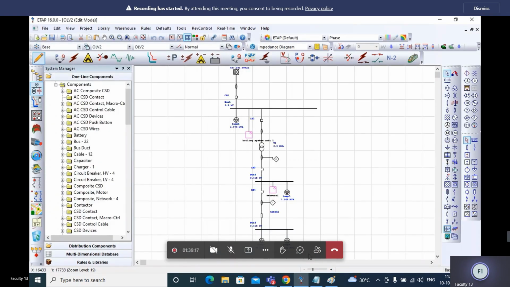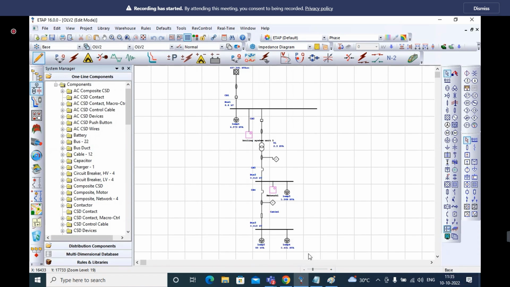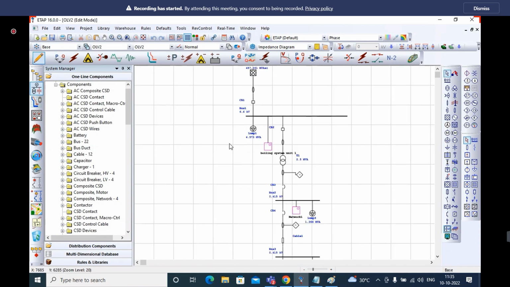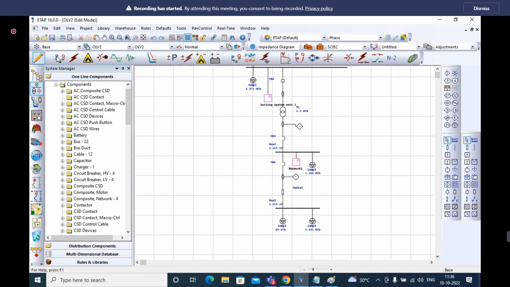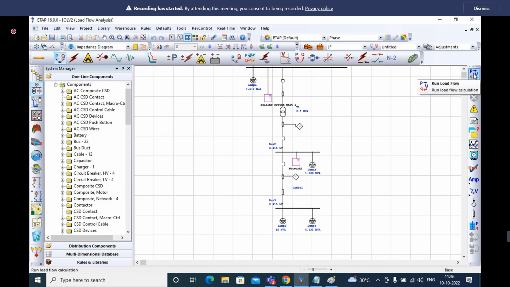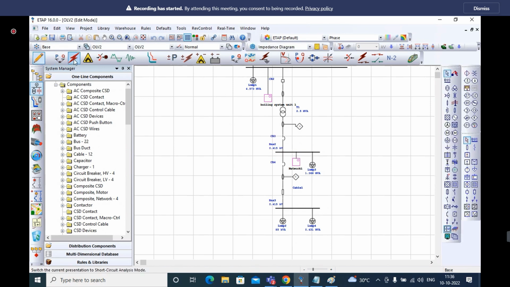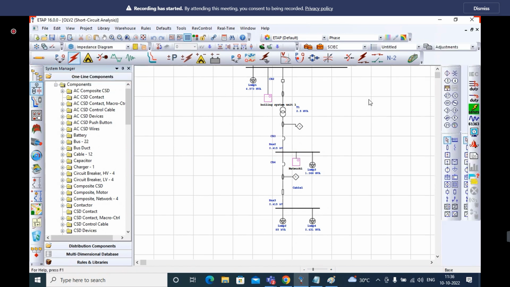In the last session we discussed how to do the earthing if the client provides the fault current value, right? Now we will discuss how to do the earthing using a normal design. I have already drawn the normal design. First check load flow analysis. After that we will check short circuit analysis, because we need to get the fault current. There is no critical or marginal condition while I'm running load flow analysis. Now I'm going to run short circuit analysis.